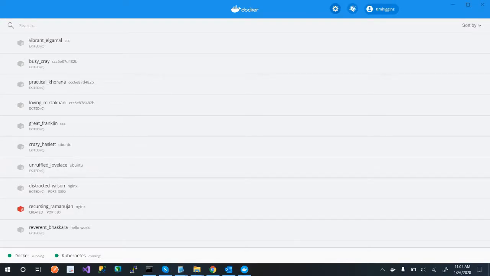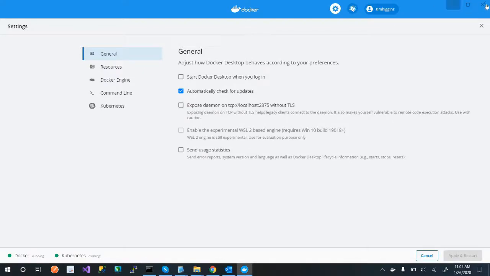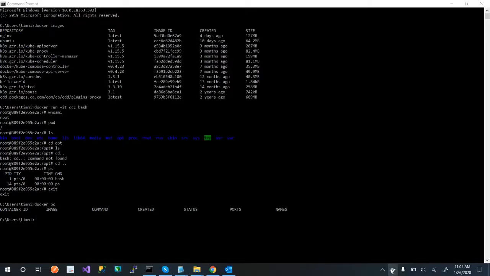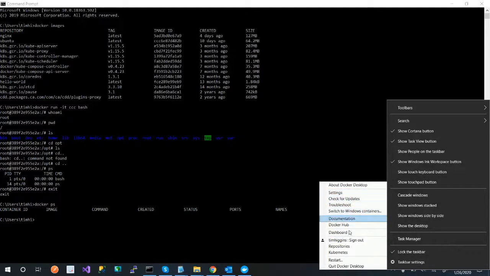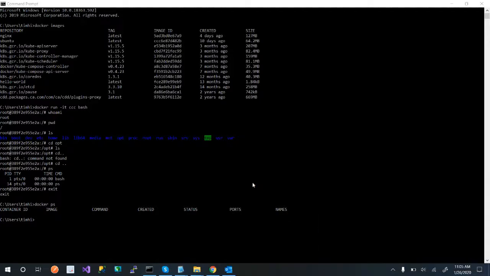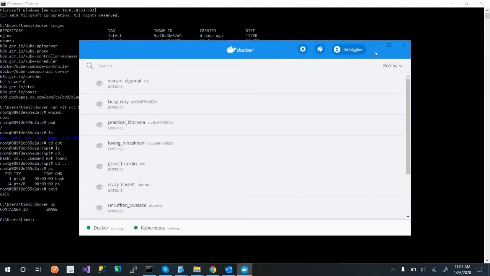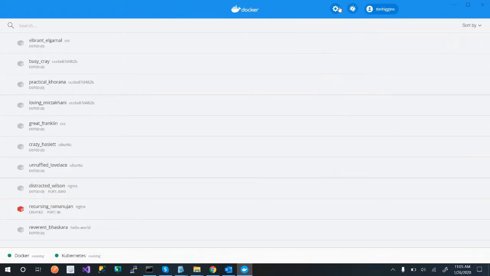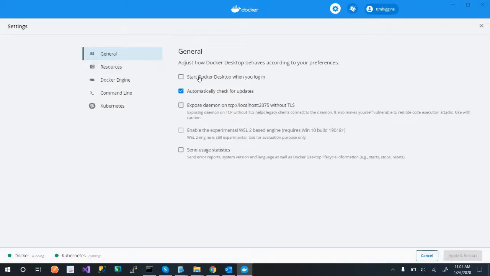But if I go back in here and go to settings, like I said, I was going to close out of this and show you how to start back. So if I just go here, and if I do dashboard, this is my dashboard. Okay, and then I can click on settings. It's automatically set to start Docker when Windows starts up. I don't like that. I like to control what's running just because I have so much stuff running. So I changed that itself.